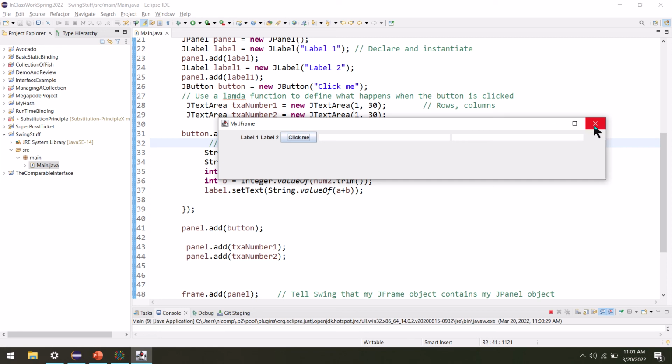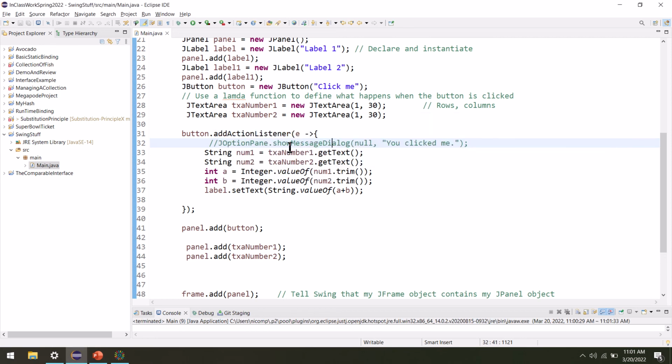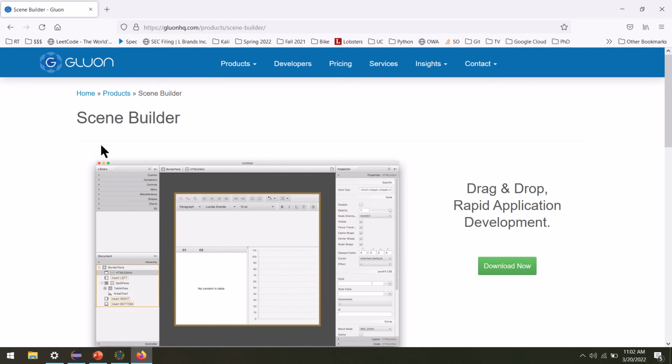The concepts still apply. We have events, we have controls, we have containers, but when you get to more complex user interfaces, you want some other tools than just trying to write everything by hand and hoping it looks right. One tool that you can use to make everything look right is called Scene Builder. This is a Java tool. If you're told to create a Java GUI, this is a tool that you should consider because it is a